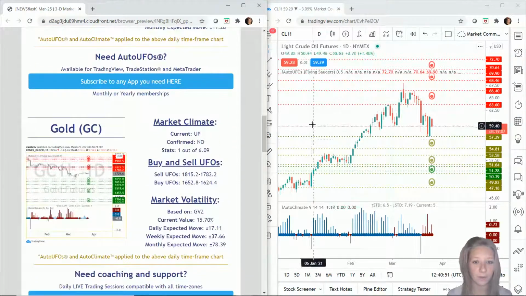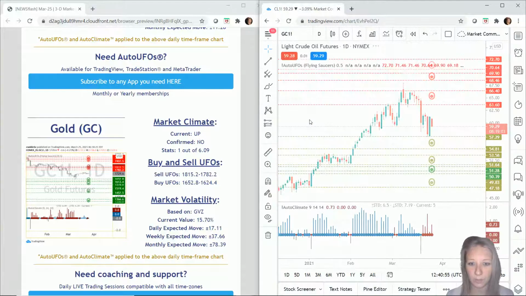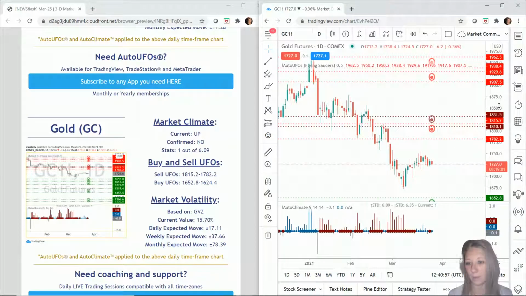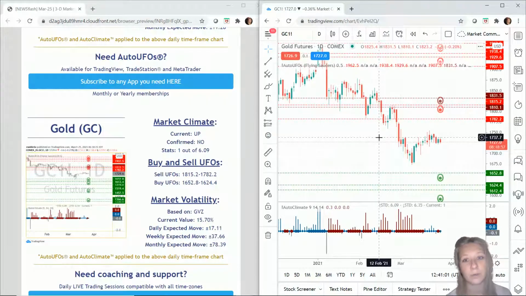So again, just whilst I load that, you see there that there is a link to the UFOs. So the UFOs, or TRADDICTIV, are what we use here, and we're seeing how they work, that they are highlighting for us where there are buy orders, where there are sell orders, so that we can use those for our entries and exits. Because they tend to work. When price hits buy orders, it goes up. When price hits sell orders, it goes down. So the AutoUFO app is showing us where those orders are.